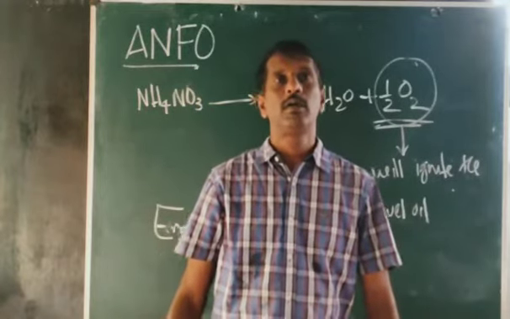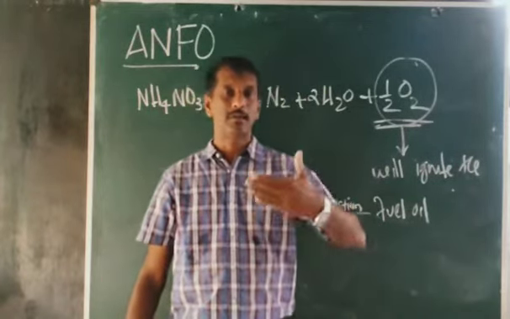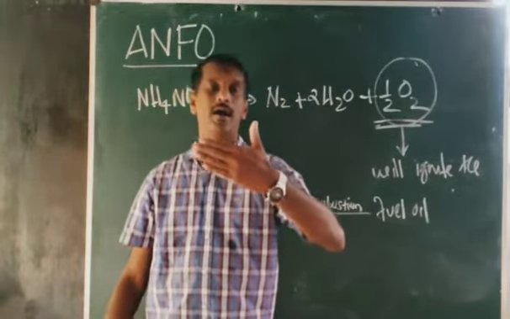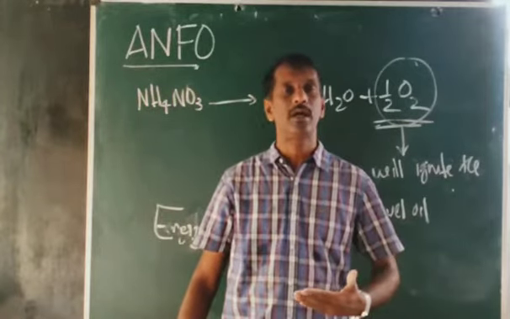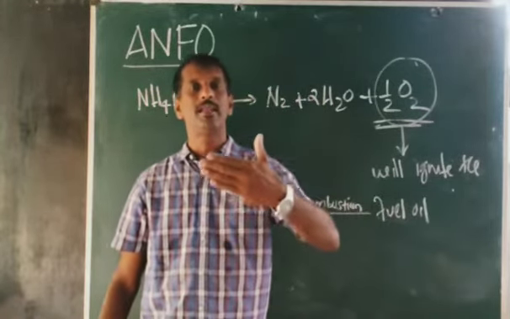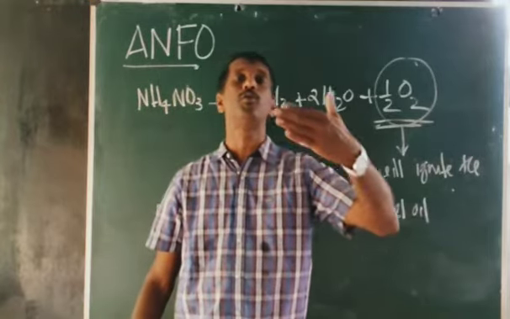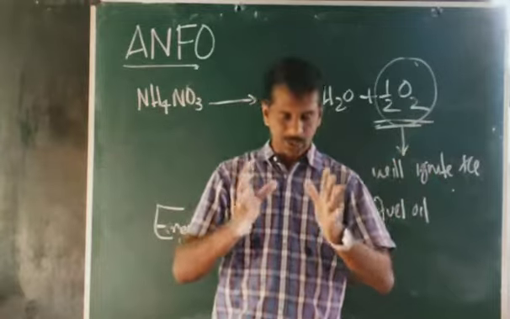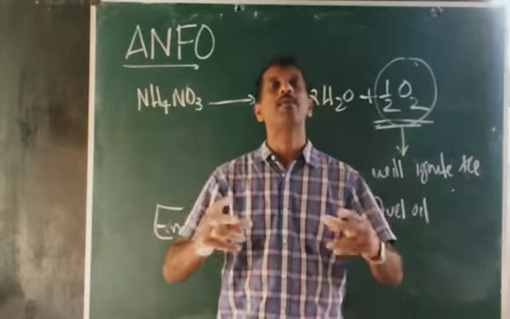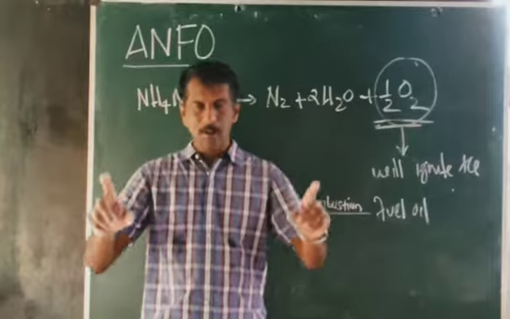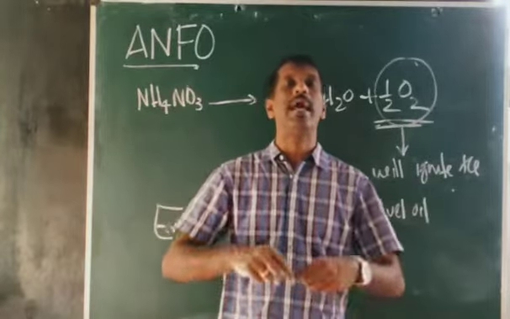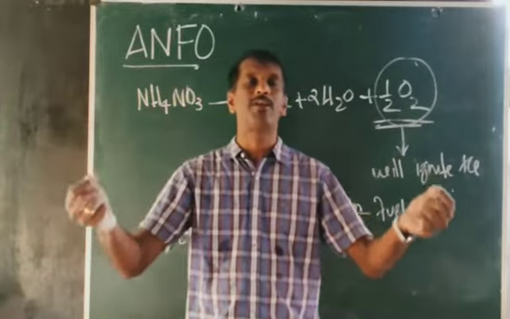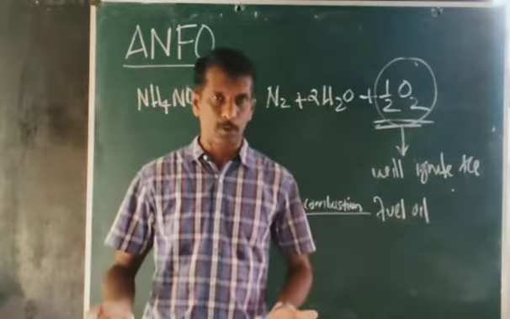Some examples of explosives: nitroglycerin, TNT, RDX, dynamite, etc. Now what is the chemistry behind the presence of multiple nitro groups in explosives? The nitro groups are closely packed and there is strain in the molecule. The NO2 group can produce oxygen. The rest of the molecule, that means the hydrocarbon part, will act as fuel, and by a small friction, heat, etc., it can explode.